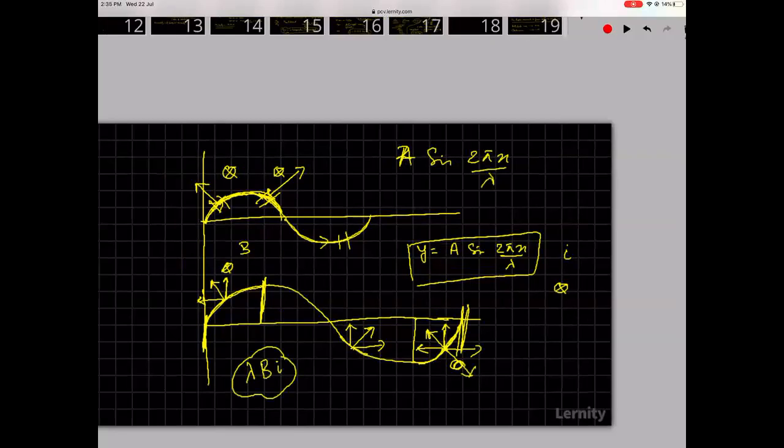So if I go by this wire here, there will be a force in this direction, right? So now that force will have a component upwards and a component sidewards. So for this point, I'll also have a point on this side where the force will be like this. So now that will also have a horizontal component and a vertical component. So all the vertical components get added on, but the horizontal components don't get added on, they get cancelled. So there will be a force only in the vertical component. So if I can break it into dx and dy, there will be a force only because of all the dx. So if I add up all the dx, I'll get lambda. So I think the answer will be lambda B I.